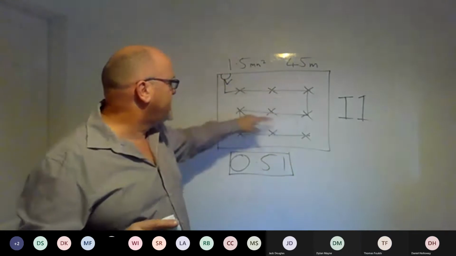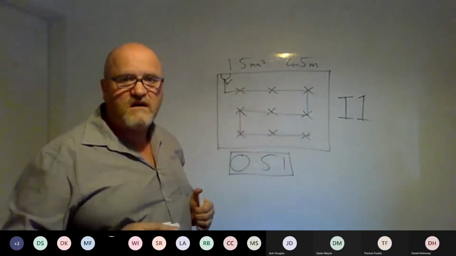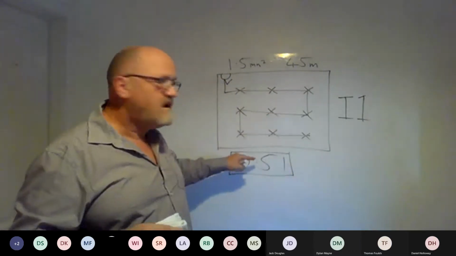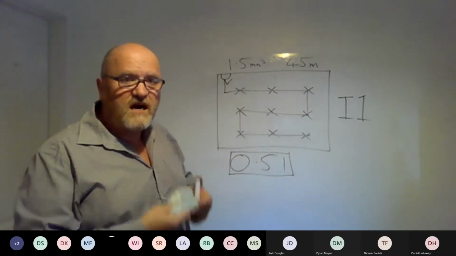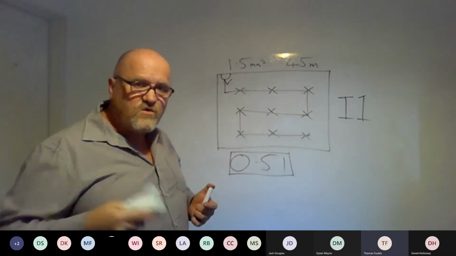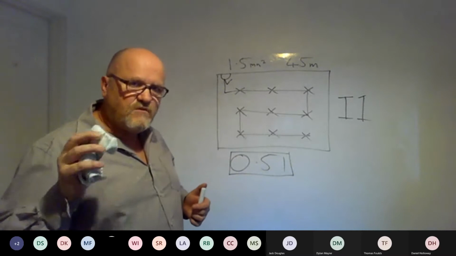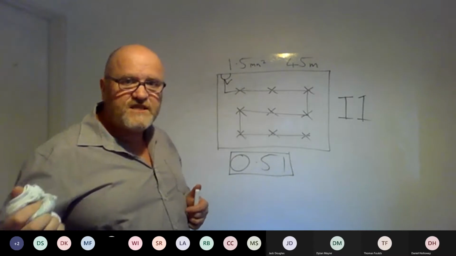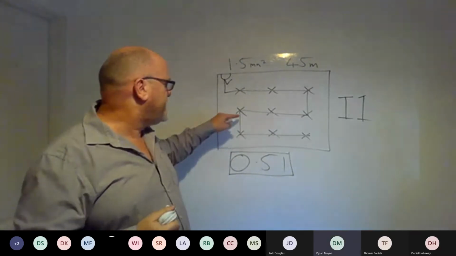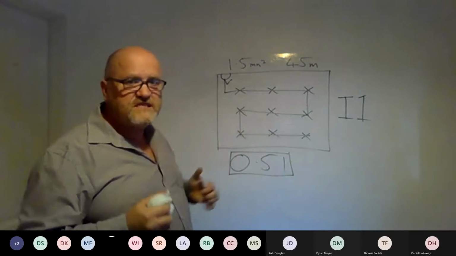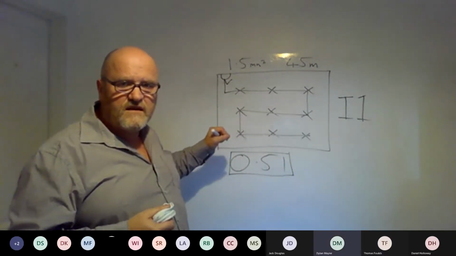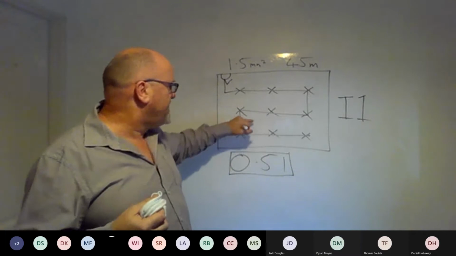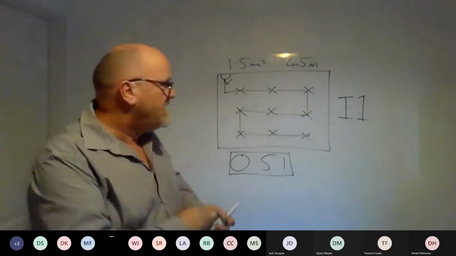If I measure my resistance reading and my cable is too long, there's too much resistance, and I'll get too much voltage drop and my equipment won't work properly. So I can't have them too long. Also, what you'll be covering in Unit 203 is that I can't have my resistance readings too high, because the breakers might not trip out. You haven't done any of that yet, but I need my resistance to be below a certain level.